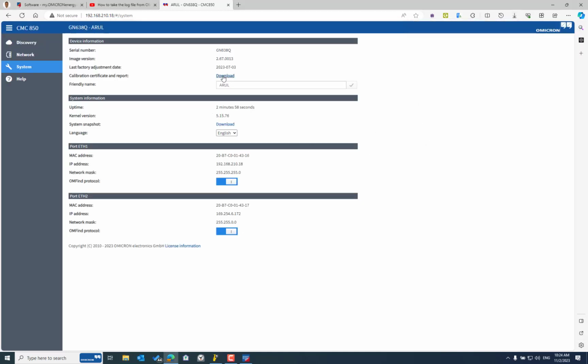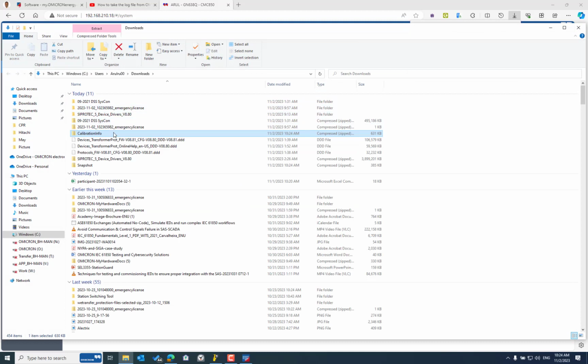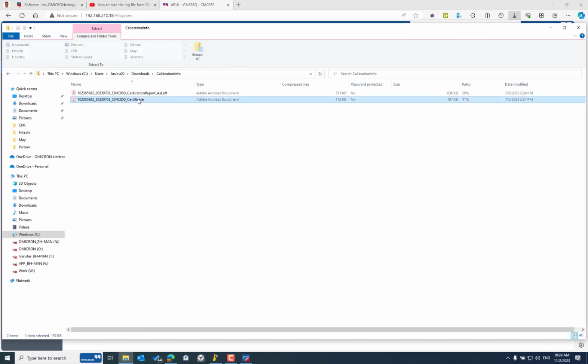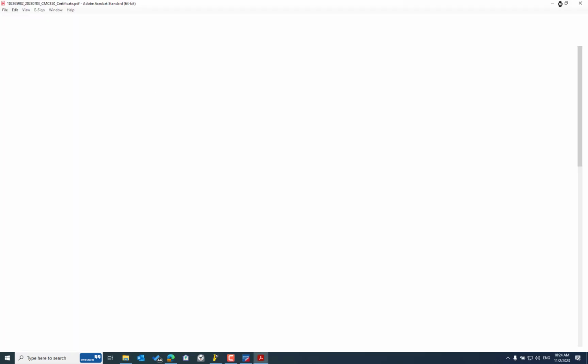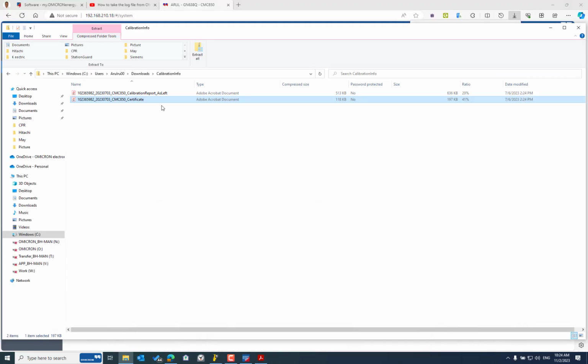And you can also get the calibration certificate and report from the web server, because it's loaded to the device folder. So you can download it, and then you can also access the calibration certificate of your test equipment and the report. This is also another easiest option. You can also get it from the